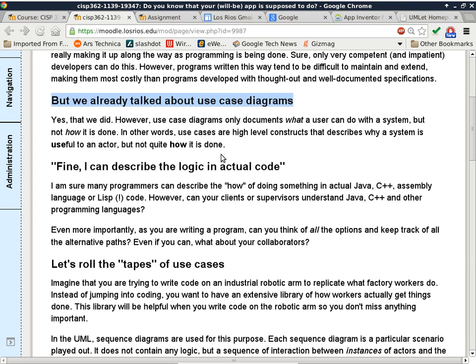So that's basically what this paragraph is talking about. Use case diagrams only document what a user can do with the system, but not really how it is done. So now we want to specify how something is done, but instead of using program code, pseudocode, or pictures like that, we are going to take a